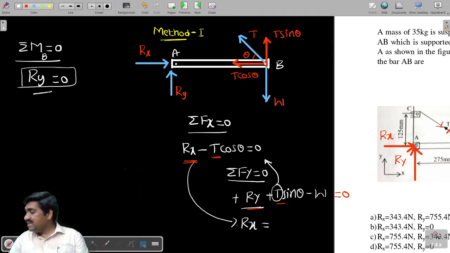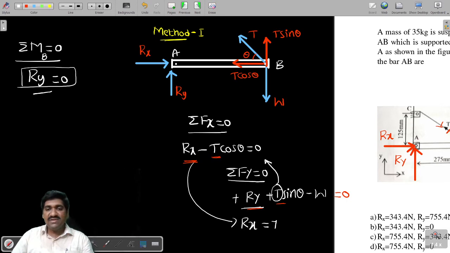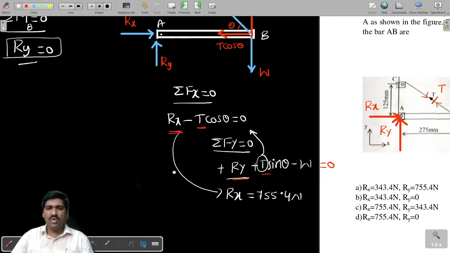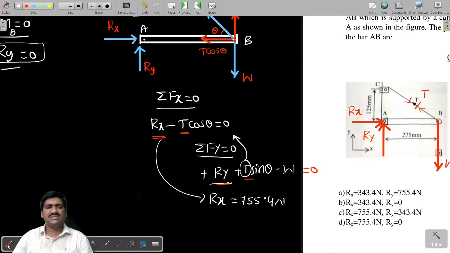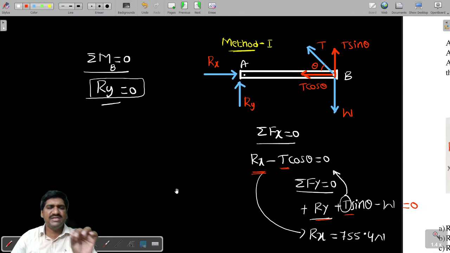After substituting tension T, you can bring out the value of Rx here. Therefore, you'll be getting this value of Rx as 755 or 756, almost. Therefore, I can say in this problem Ry is becoming 0 and Rx is 755, which has to become option D for you. Now, this is an absolutely general method. Tell me, all of you, for bringing the values of Rx and Ry, how many equations are we writing? We are writing three equations: Fx, Fy and sigma M equal to 0.